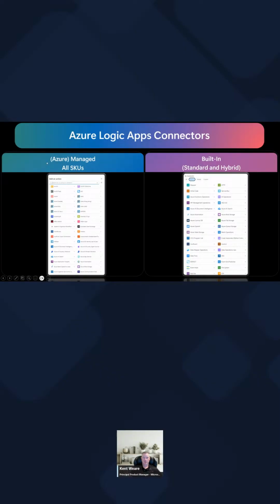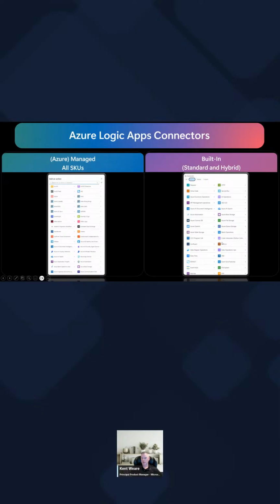As I mentioned, we've got the Azure Managed connectors. These would be your connectors like Microsoft Teams, Office 365 email, Salesforce, and ServiceNow. Those types of SaaS connectors would show up there. And then you can see the built-in connectors, and these would be available only to Standard and Hybrid.